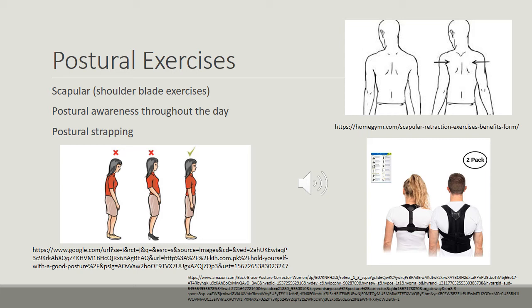So a couple braces on the right, they can be found anywhere these days, right? But some postural braces just to cue you. They're not really going to be strong enough to hold you. It's tough to overcome the powerful shoulders, especially if somebody is restricted up in like pec minor, right up in the front of the shoulder. But they give you just enough to build that awareness throughout the day. So strapping just for a little bit of, tough to call it support, but a bit of a reminder to